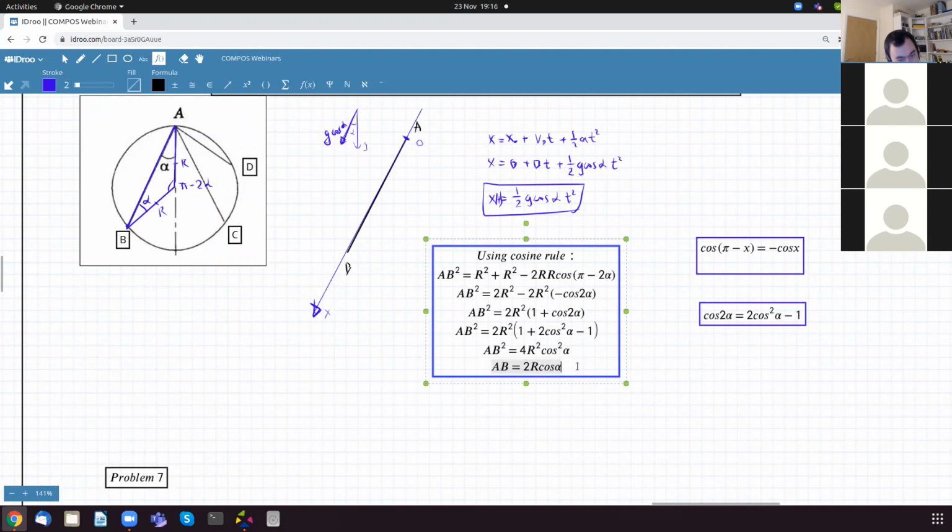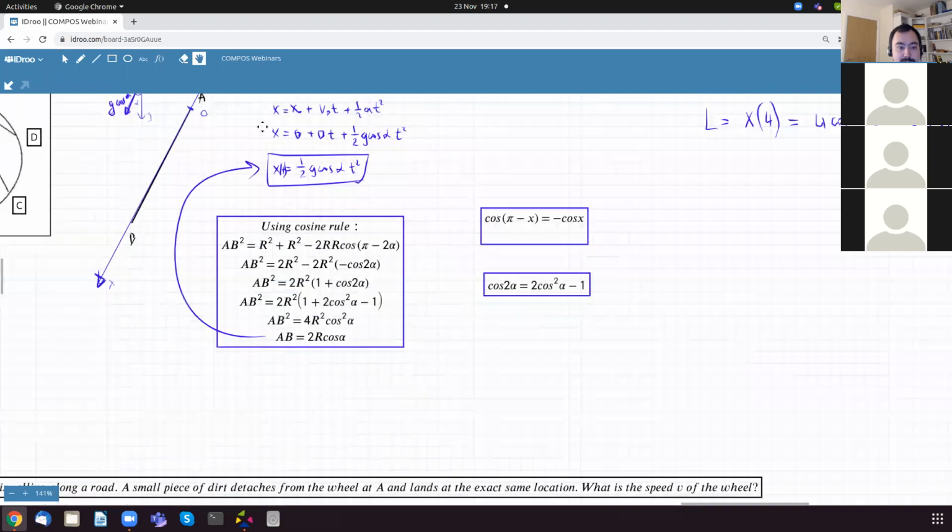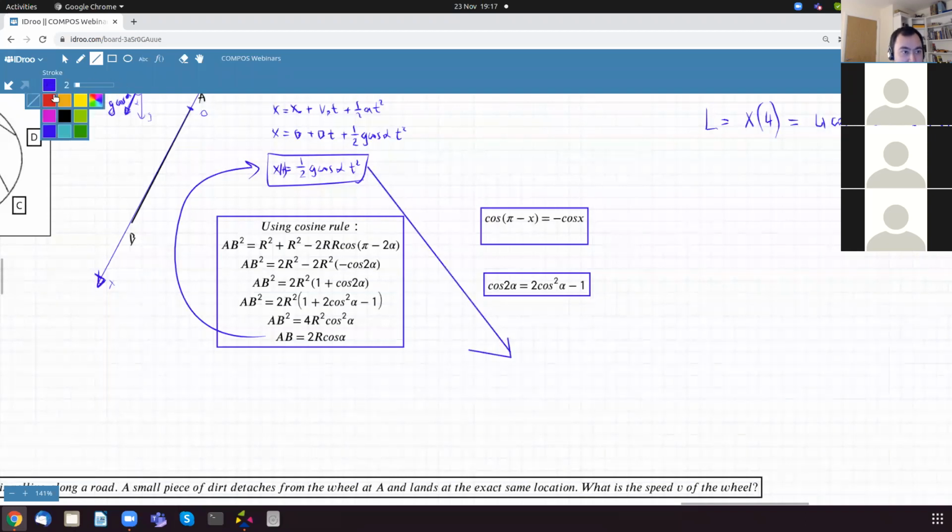And then we know that when it reaches B, it has traveled this far. This is the displacement. So we plug that into here, and from here we get that